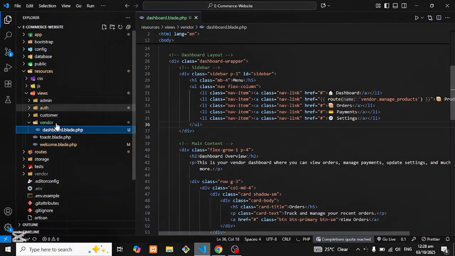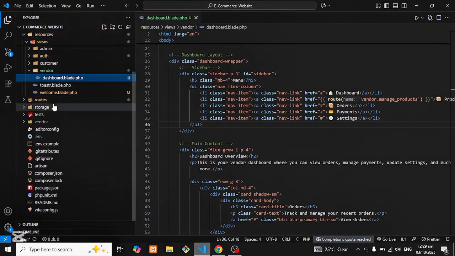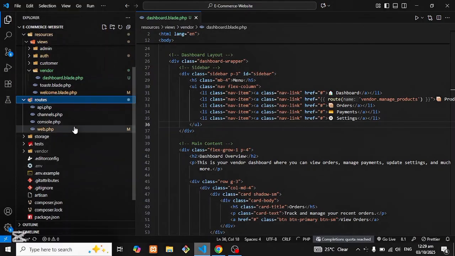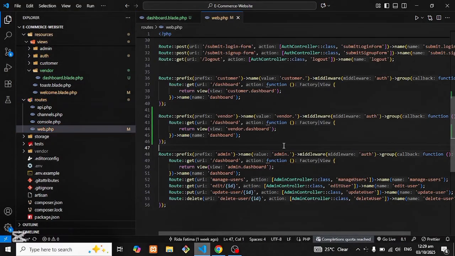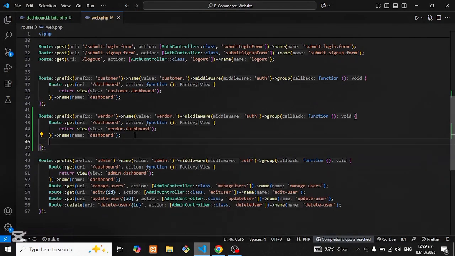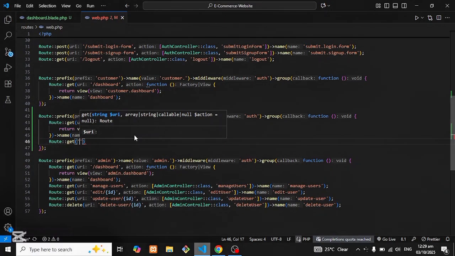Now we have to register that as well. So we will go in the routes in web.php, come here under the vendor routes, and I will say Route::get, manage products,